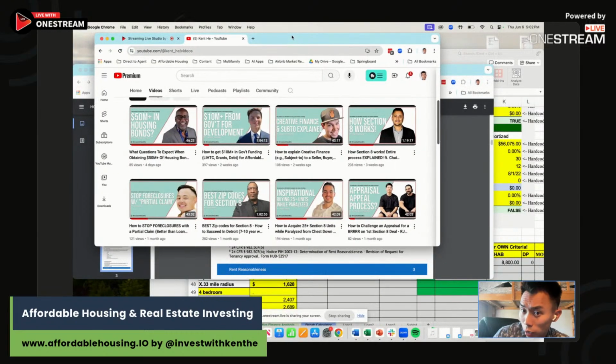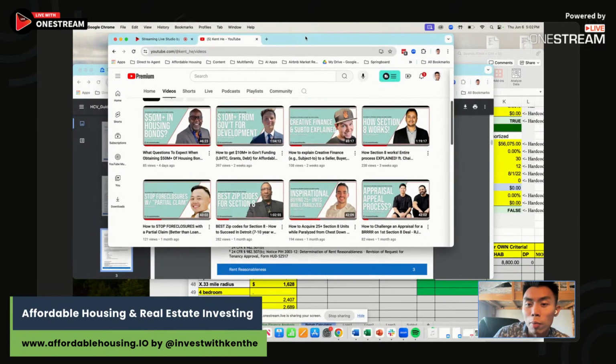Sometimes it does include utilities. And when it includes certain utilities, you have to remember to add back on the associated expenses with covering things such as water, gas, electricity, etc., and sewer, obviously. So when you are able to do that, that's how you are able to find outsized market opportunities when you